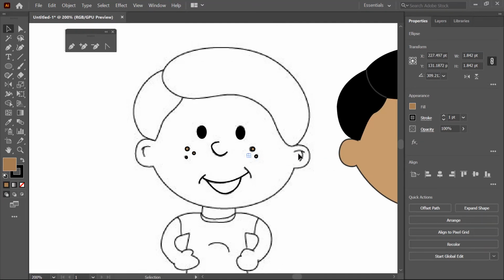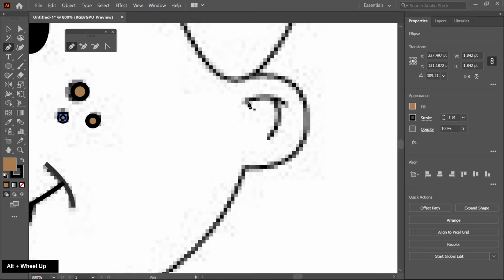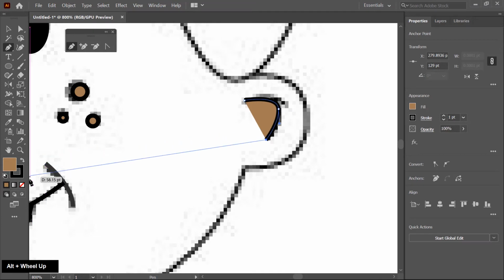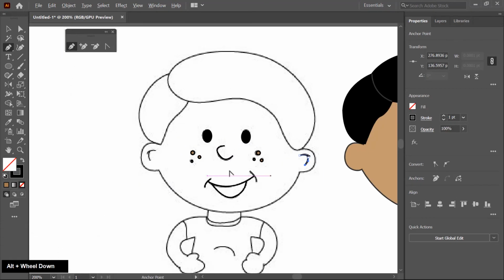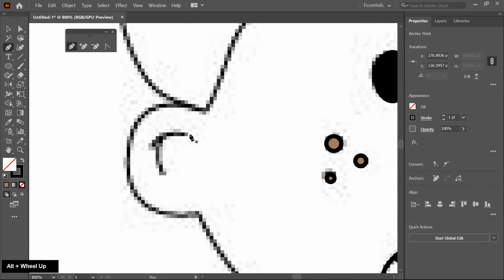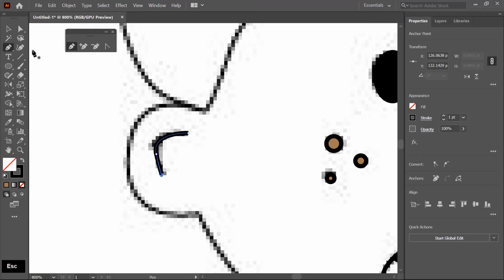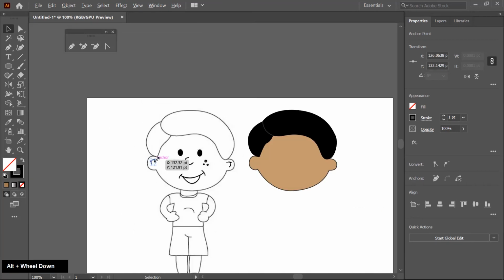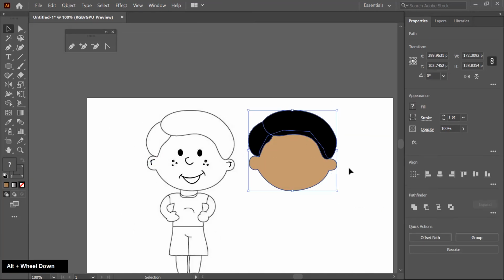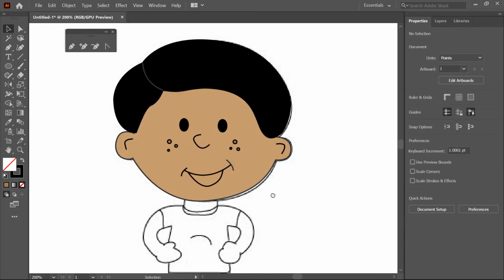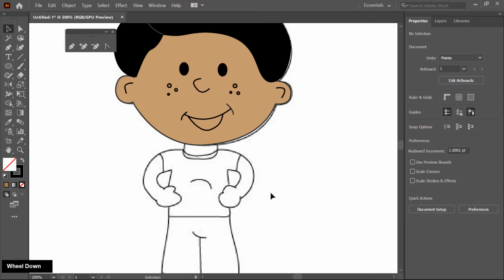Now I create these lines for the ear shape by using the pen tool. And fill with no color. Press the escape key to exit from the pen tool. Now I select these shapes again and then place. Now the face drawing is complete. Now I draw the other area and then show you.